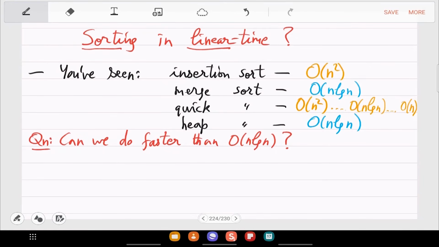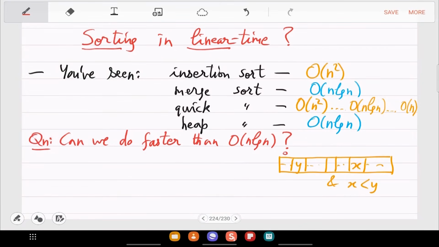if you have an element x and an element y, such that in the array somewhere x and y appear in the wrong order, say x is less than y, but x appears after y, and in the sorted order it should have been flipped.